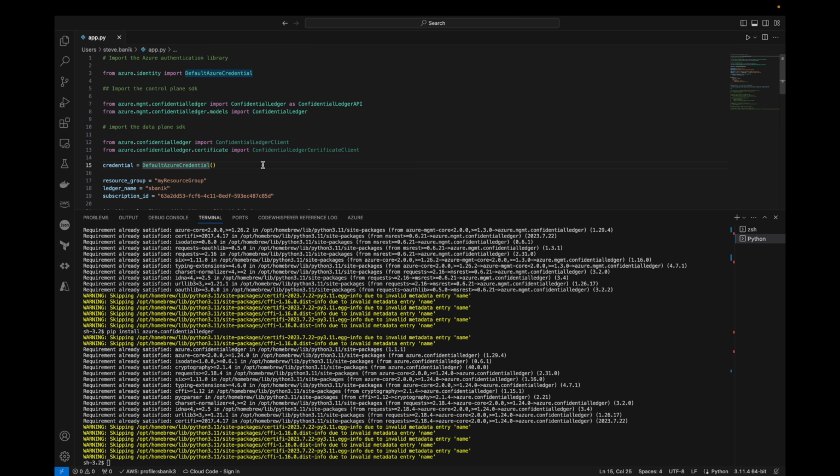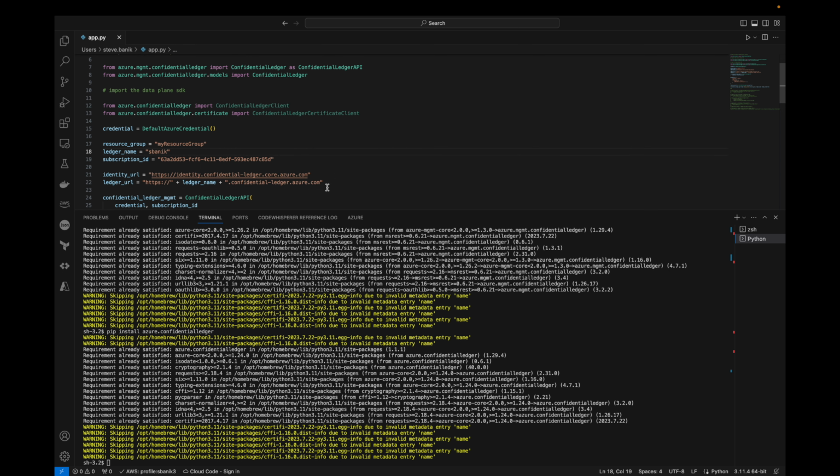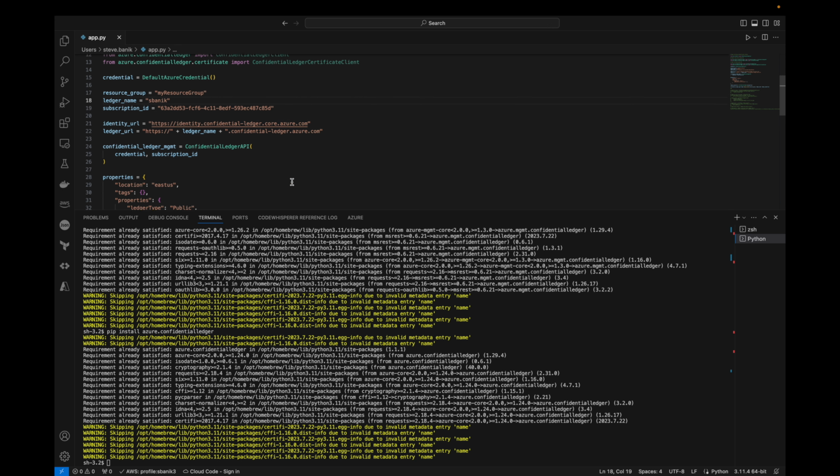So we've got the resource group set, and then we've got a name of a ledger that we want to set. So I gave it my name, and then I gave the subscription ID for my account. And then after that, we have to assemble URLs. So these are coming, we'll see that in the portal. But you set an identity URL and a ledger URL. So we're just assembling that here, and then